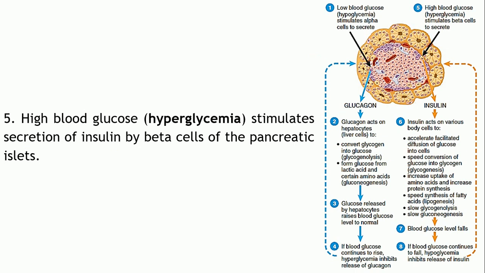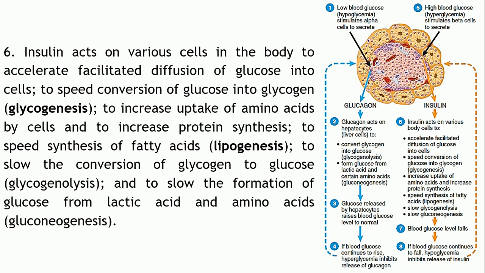Now on the contrary, what will happen if the blood glucose level is above normal? That condition is known as hyperglycemia, right? This will no doubt inhibit the release of glucagon. That is one effect. Plus it will also stimulate the release of insulin, because what is the function of insulin? That's to lower the blood glucose level, right? So whenever there are high levels of blood glucose, that is hyperglycemia, insulin will be released. Now how will it help in lowering the blood glucose level?